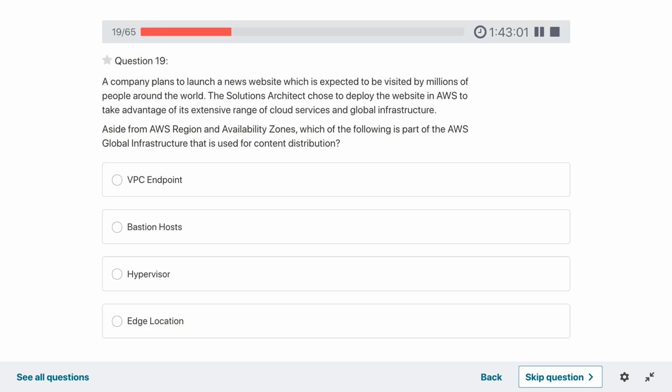Aside from AWS regions and availability zones, which of the following is part of AWS global infrastructure that is used for content distribution?